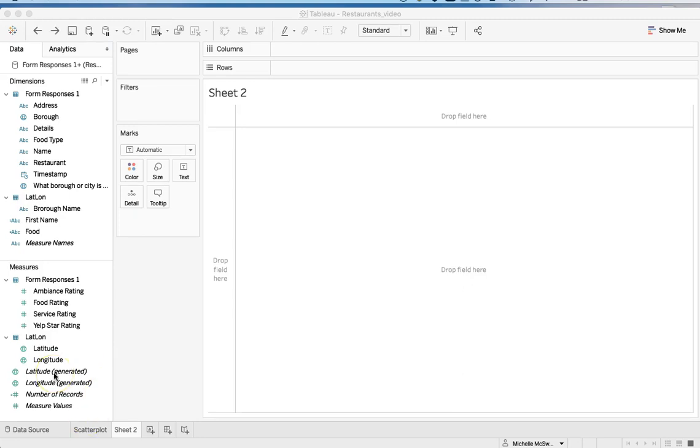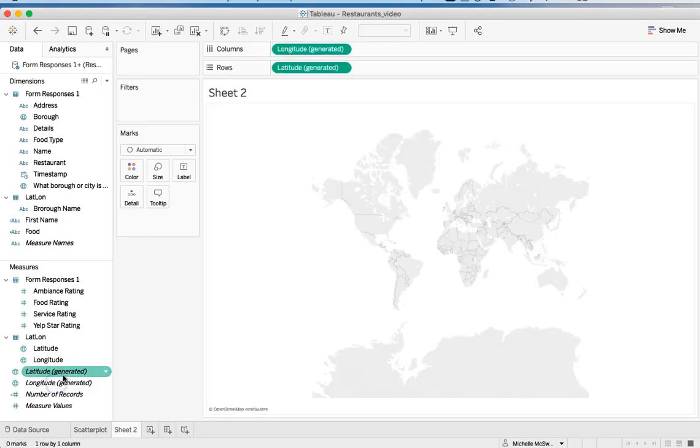So if I double click on the Tableau generated latitude and longitude, it'll actually fill it in automatically for us. And we get this one big picture of the world. This is one tile that fills up the world. What this means, and the fact that there's no points on this map, is actually that Tableau has no idea